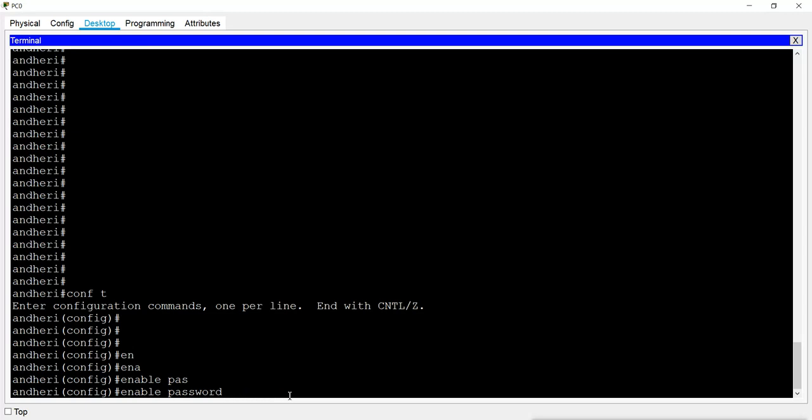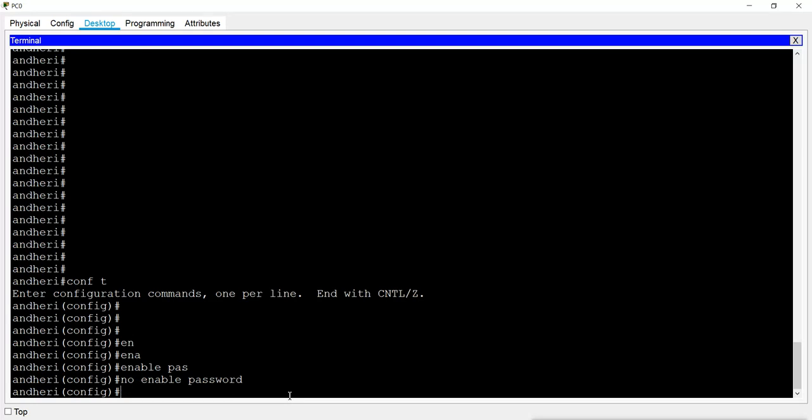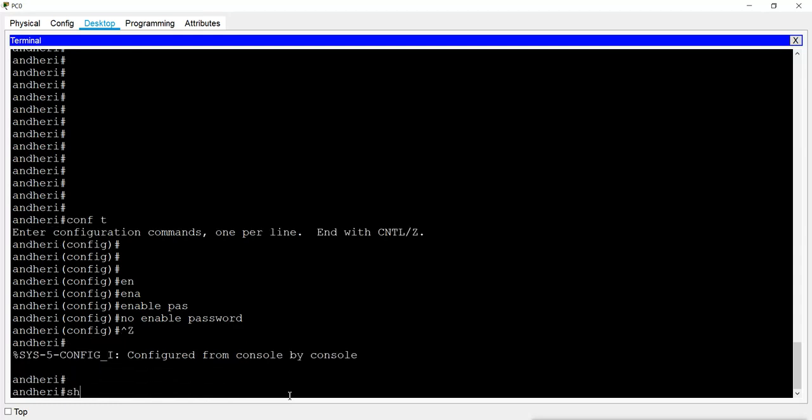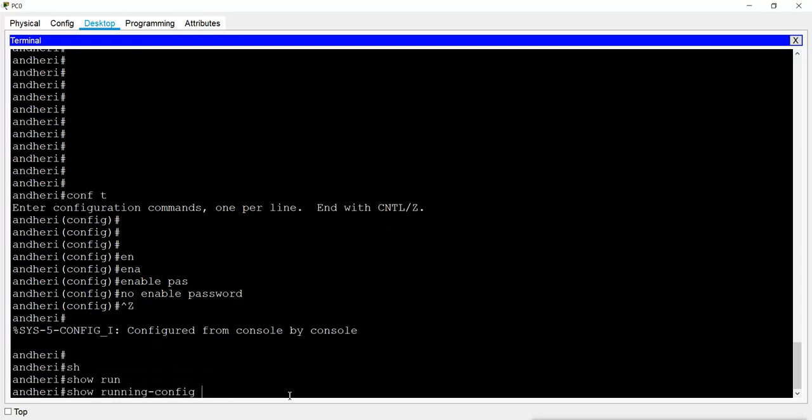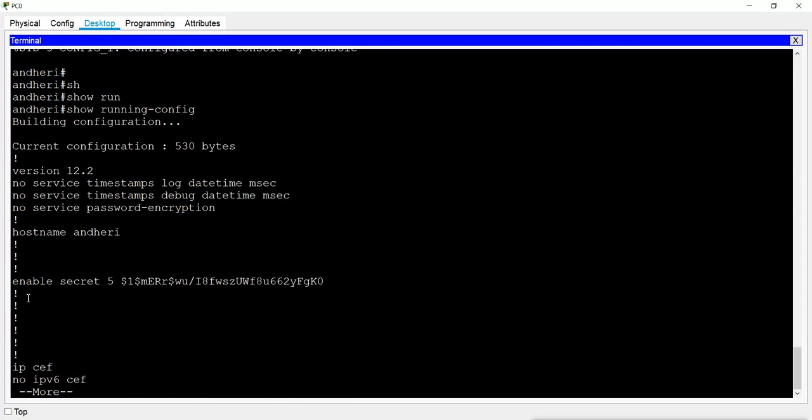I will give only the command, and at the beginning of the command I will give no enable password, enter, and it will remove the enable password,